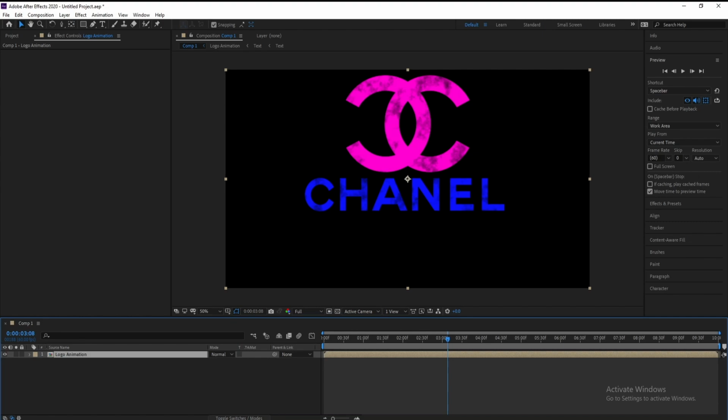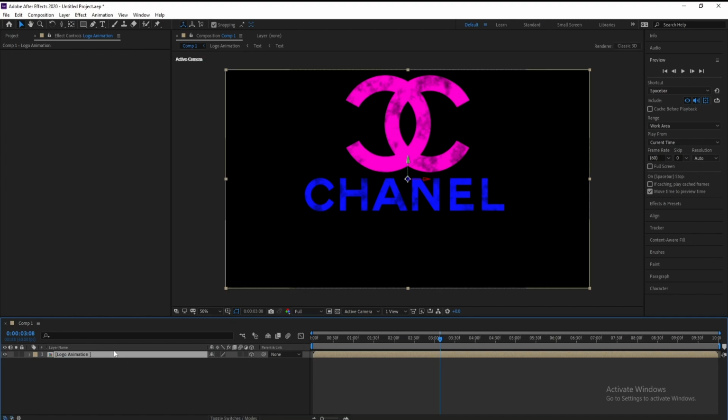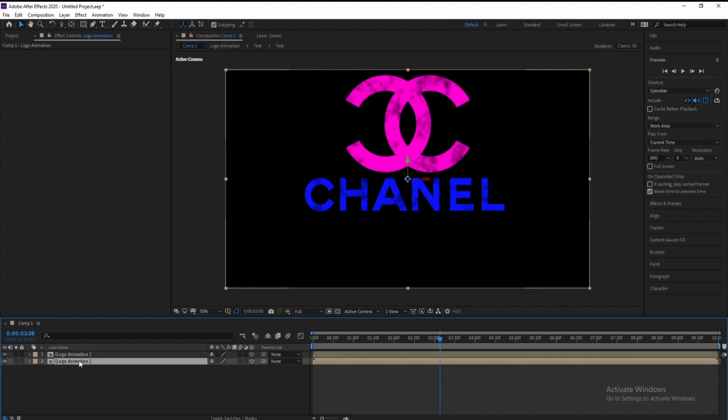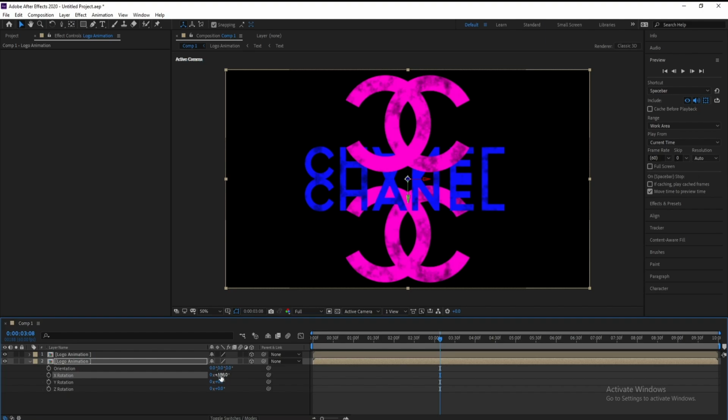Now I want to make this logo animation 3D, so I'll press on toggle switches, and I'll check 3D icon, Ctrl-D to copy, then go to second one, and press R, go to X rotation, and change it to 180, go to Y-axis and move it down,